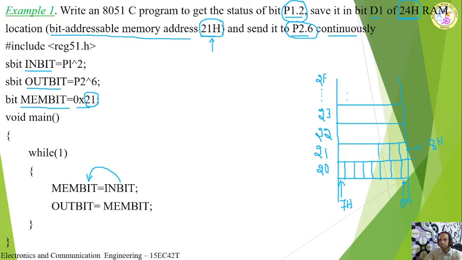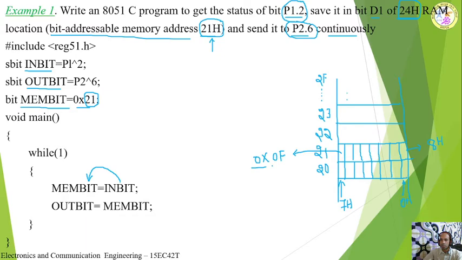And address of next bit, after 9, is A. Again it is B, C, D, E and F. So the address of this memory is nothing but F. Direct address is F, or I can write it as 0F. 0x0F is the address of this memory location, bit addressable memory.